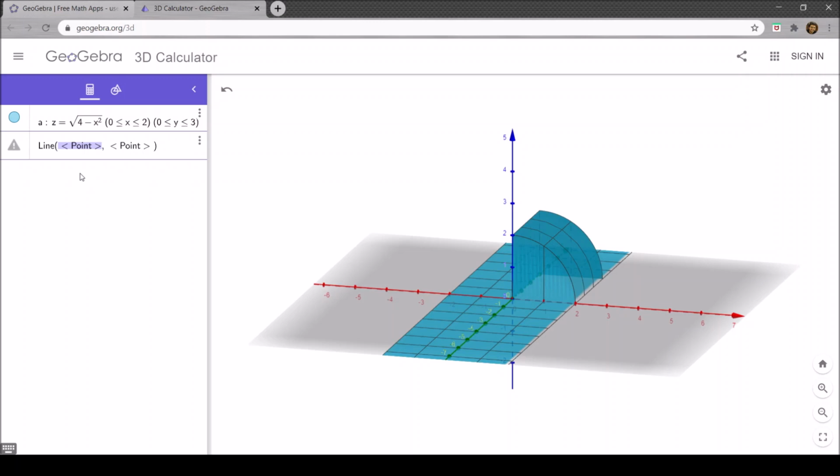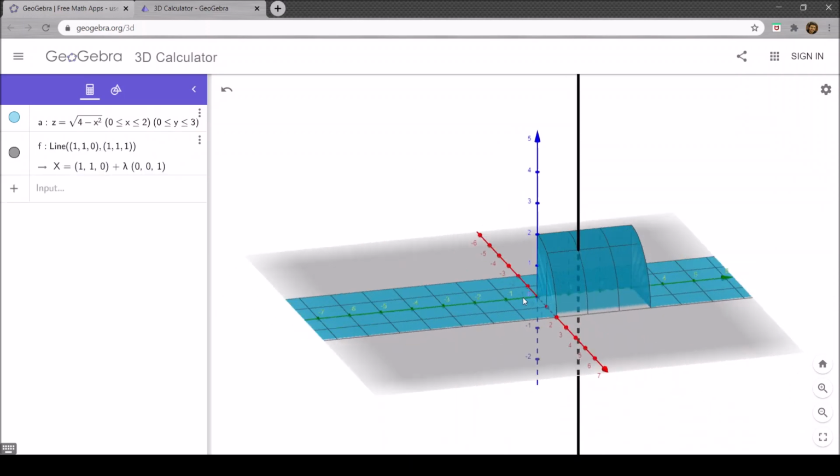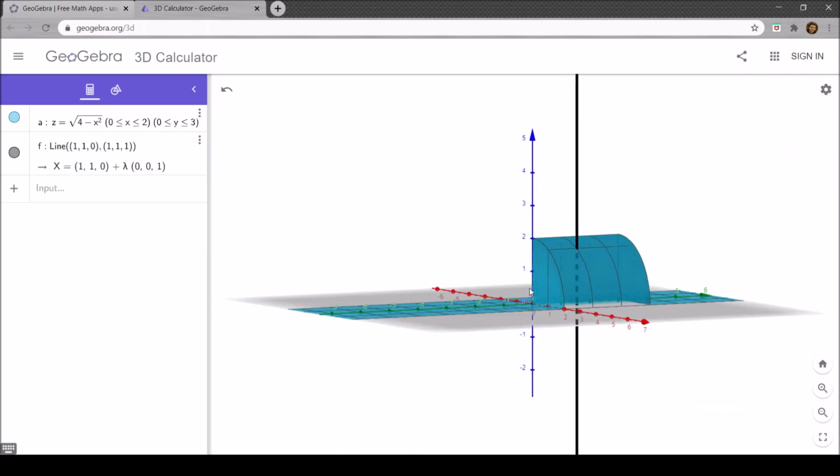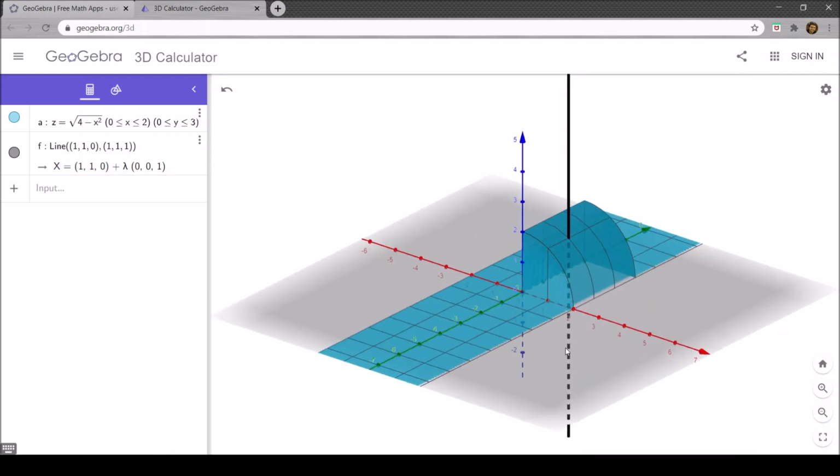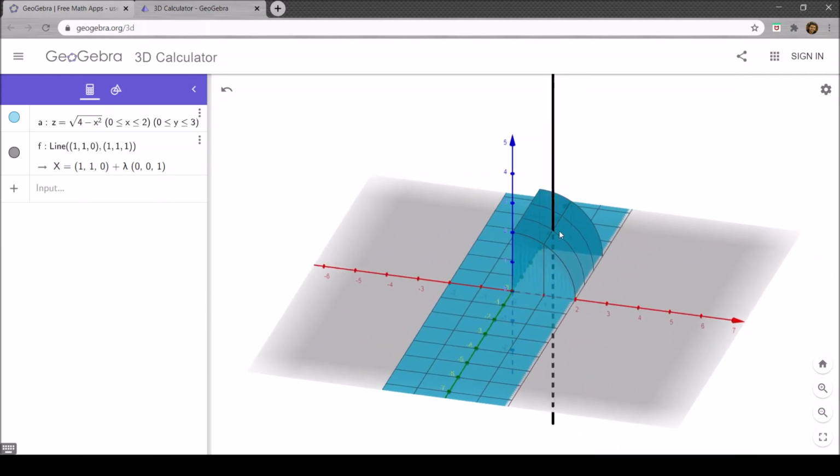That means my which component is fixed? My xy is fixed, my z is changing, right? So my xy is fixed, say 1, 1, 0, and my z is changing, so say 1 comma 1 comma 1. And as you can see from here, this line is entering from where? It is entering from the bottom, from the xy plane, and it is coming out from the surface,